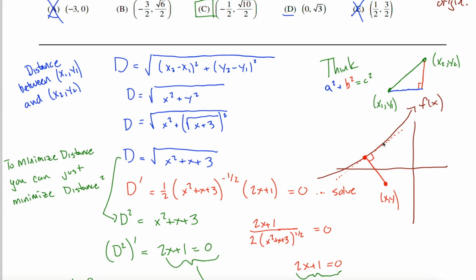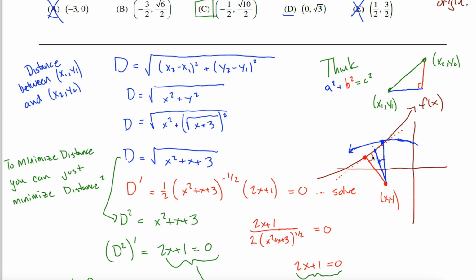or just kind of think about, what if it wasn't perpendicular? What if I thought that this point up here was closest to this point? Well, because the tangent line at this point is not perpendicular, I can take this line in blue and kind of swing it around a little bit, move it until the tangent line becomes perpendicular. As I rotate it around, counterclockwise in this example, I see that there are shorter lines, like the line from here to here, that connect this point to this curve. Since this line in blue is shorter than this line in blue, this point can't possibly be the closest point on this curve to this point. And I can continue to play that game until the tangent line is perpendicular to this line, at which point